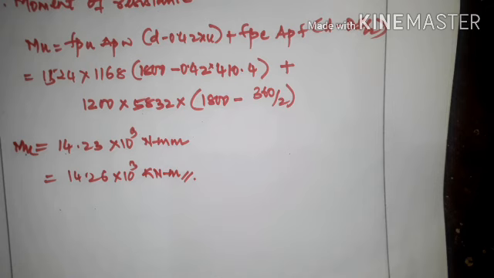Okay, so these types of problems you may get in the exam, so you have to concentrate. The important thing is, first of all, whether the section is pre-tension or post-tension, that is the first. After that, next is whether it is bonded or unbonded. These two you have to concentrate on, then it will be very easy to solve.